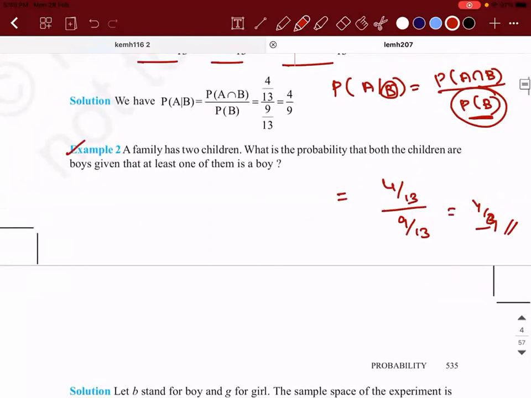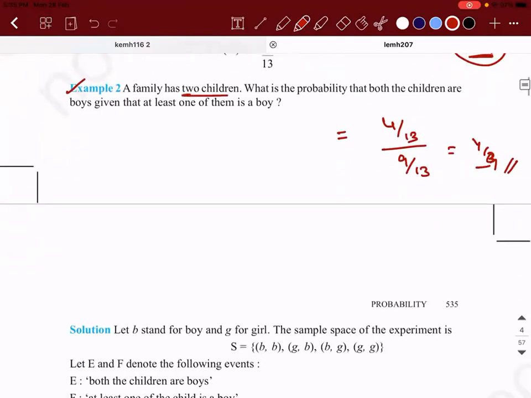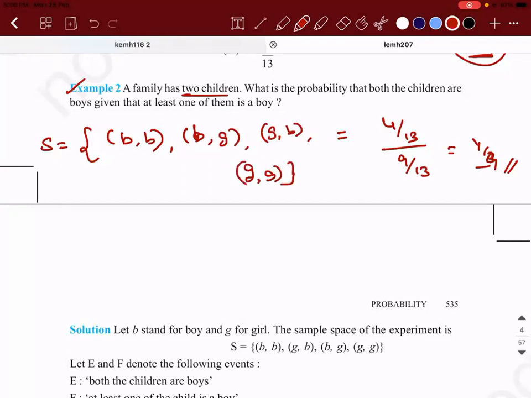Second one. A family has 2 children. What is the probability that both the children are boys given that at least one of them is a boy? So always write down the sample space. So what is the sample space? It's like 2 points only, right? Yeah, you have to write it in ordered pairs: boy boy, boy girl, girl boy, girl girl. So if you write them in this kind of a format,